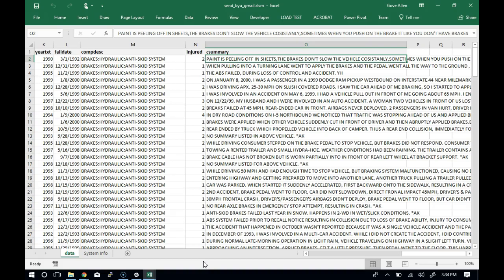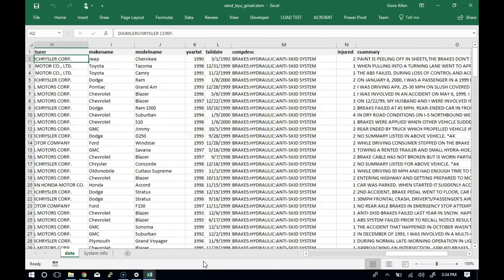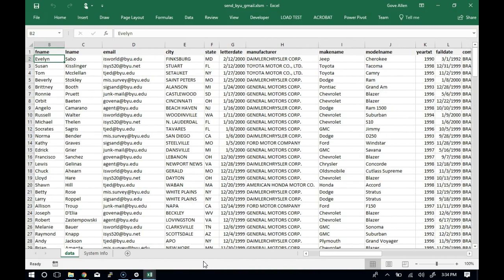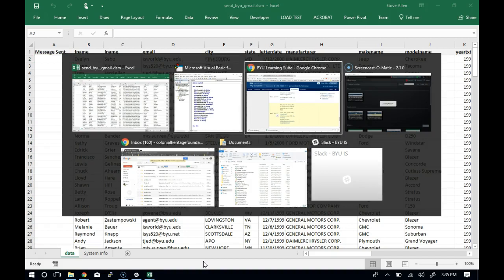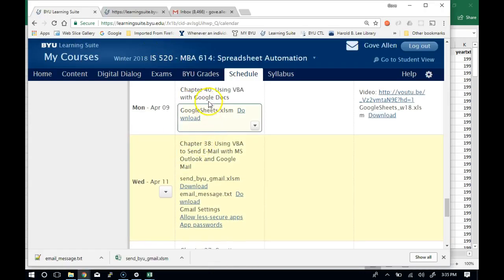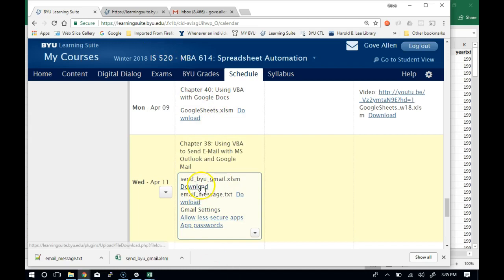So here's the idea. Suppose that you've taken a job at the NHTSB, or you've got an internship there, and they say, great, you've got these 200 folks that you've got to correspond with about their complaints. And so step 1, you figure, is to send them each an email letting them know you've been assigned to the case. And that's where the message file comes in. So that message text document,